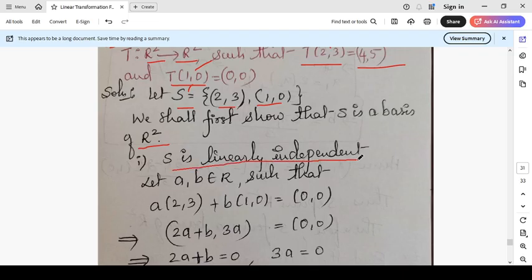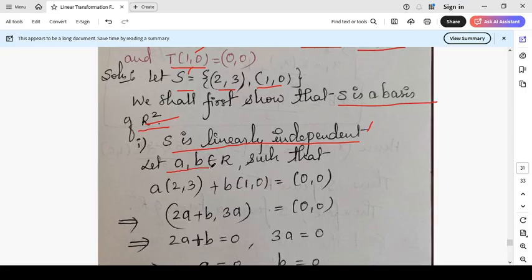If capital S is a basis of R square, it means it satisfies the first condition, span, as well as linear independence. So first, for linear independence, suppose a, b belong to R, scalar quantities, such that